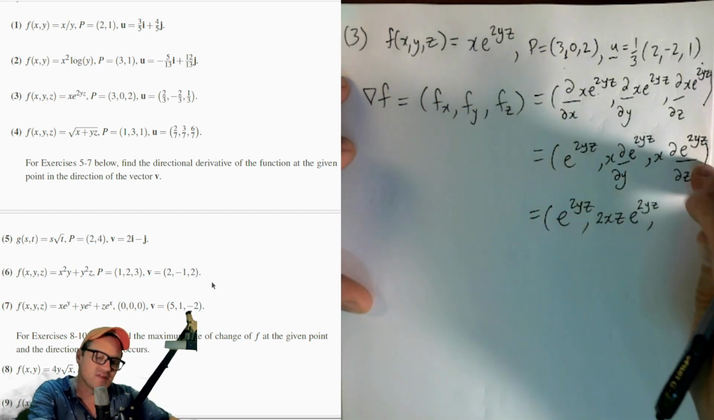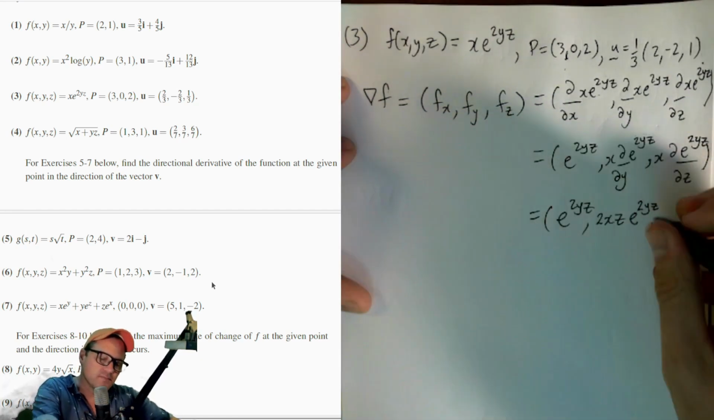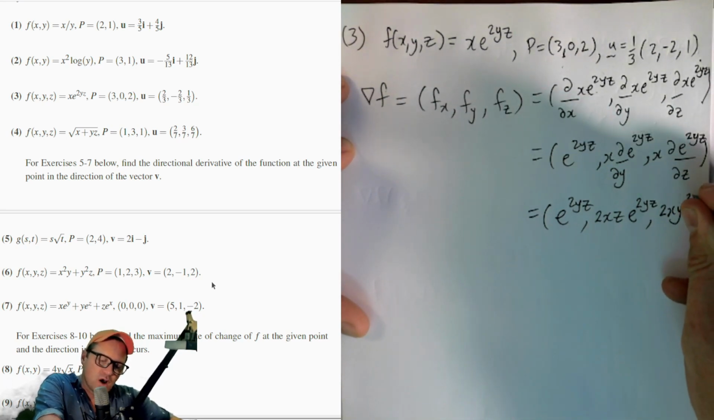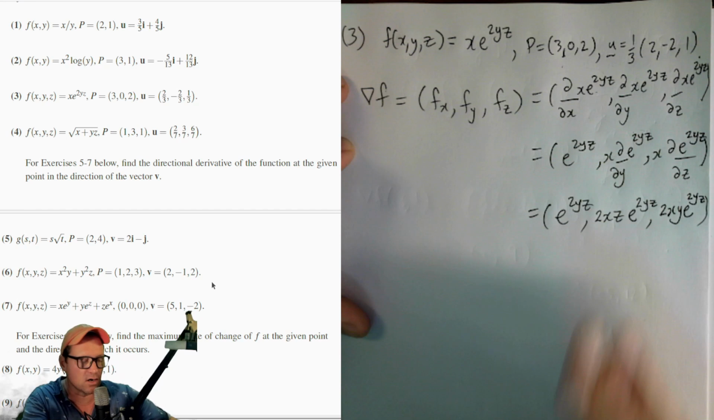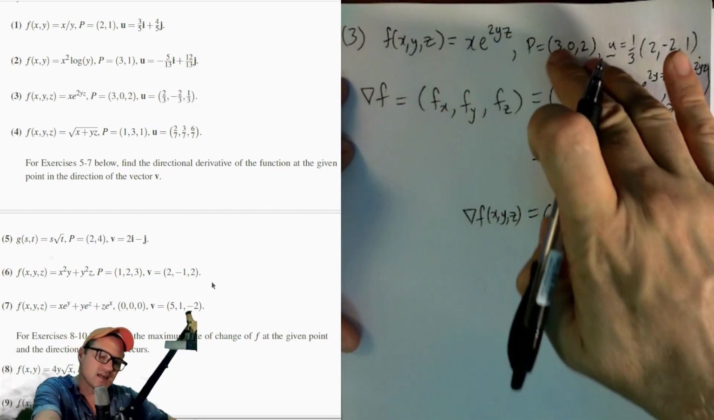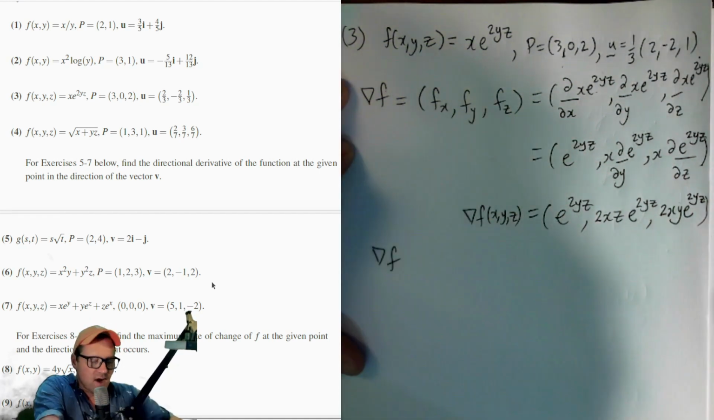All right, so same thing here, but with respect to z this time. So a 2y comes out. So we have 2x, y, e to the power of u, but u is 2yz. Okay, and so here is our gradient vector, grad f at x, y, z. Okay, now taking that point (3, 0, 2), subbing it in where we see x, y, and z,